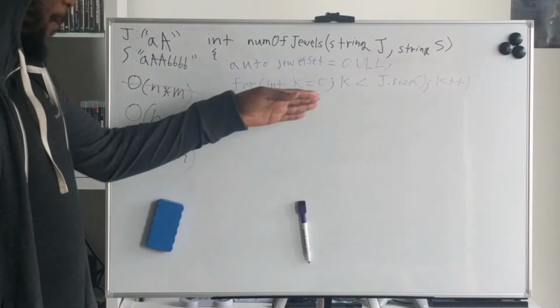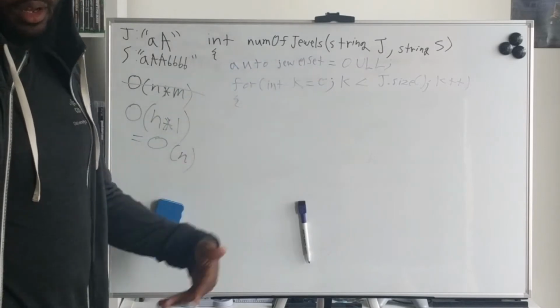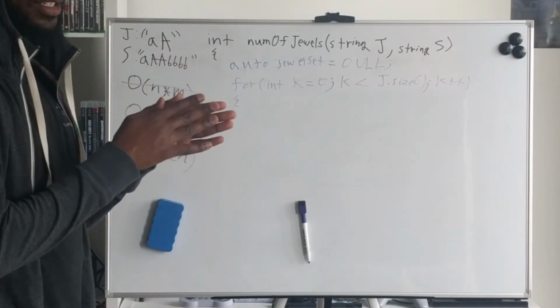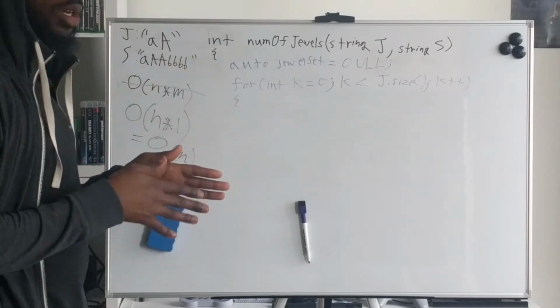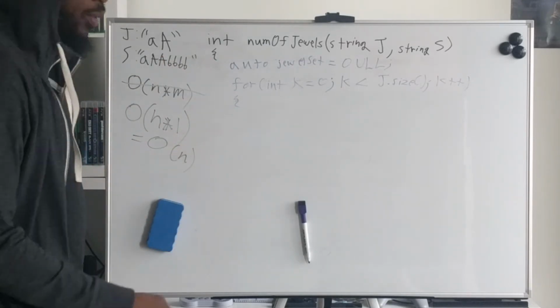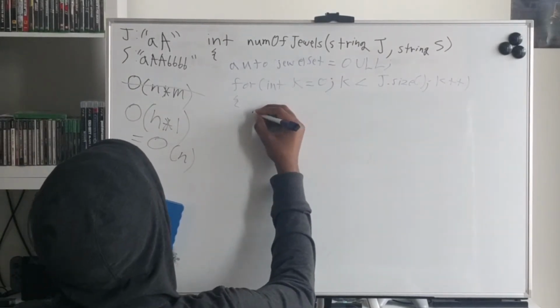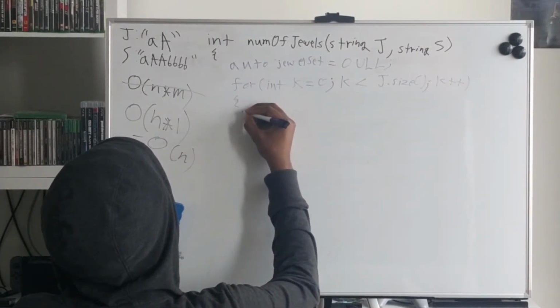So we can use an unsigned long with a 64-bit value and assign essentially each letter to a different bit within that number. So what we'll do is we'll get the bit position and we'll say